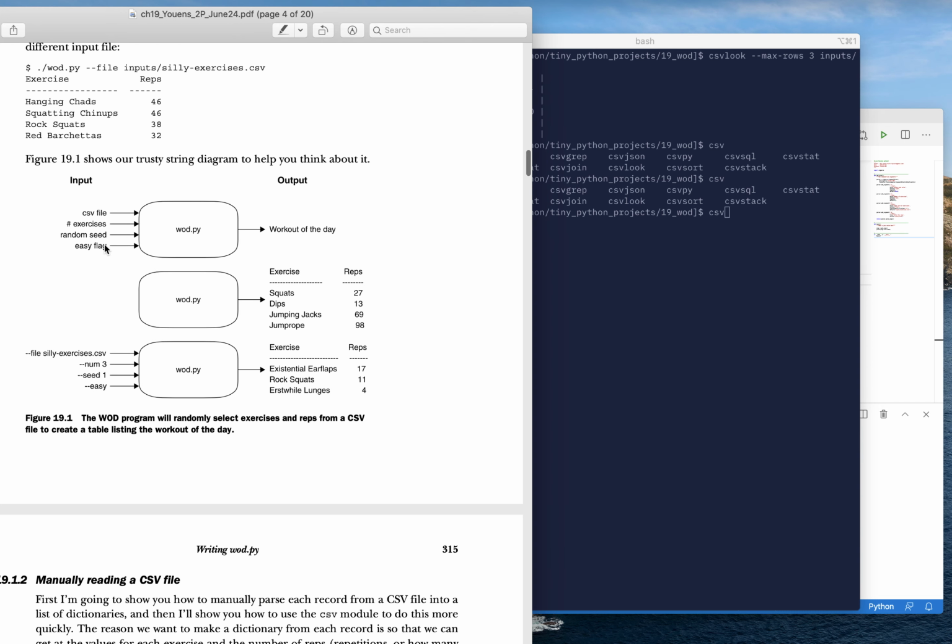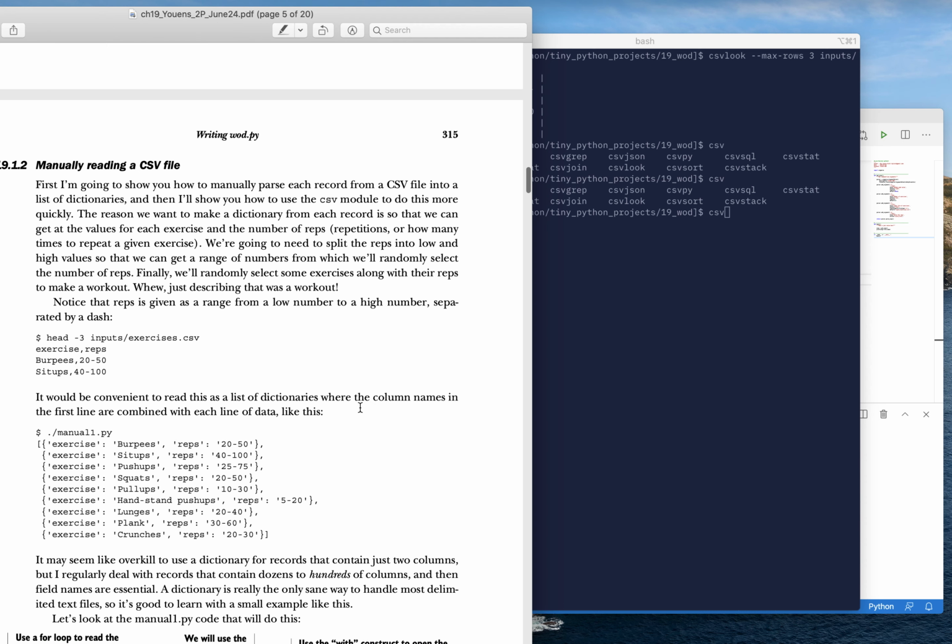So this is what it's going to look like, the arguments to our program, and then what's going to come out is this table that tells us what to do. So let's talk about how to manually read this input file. And we'll just go ahead and stick with the inputs